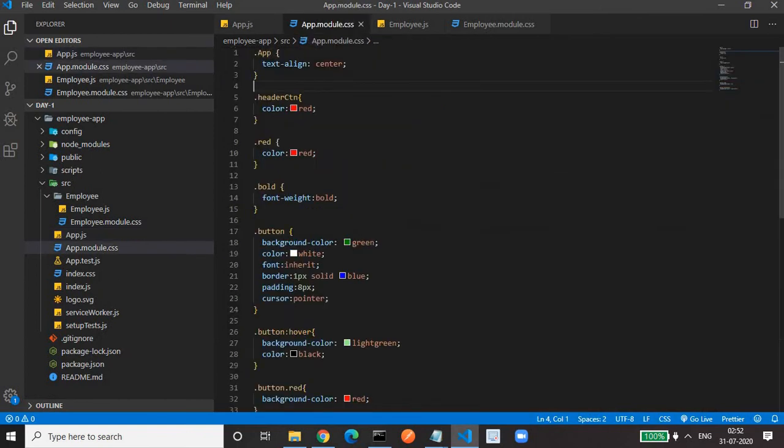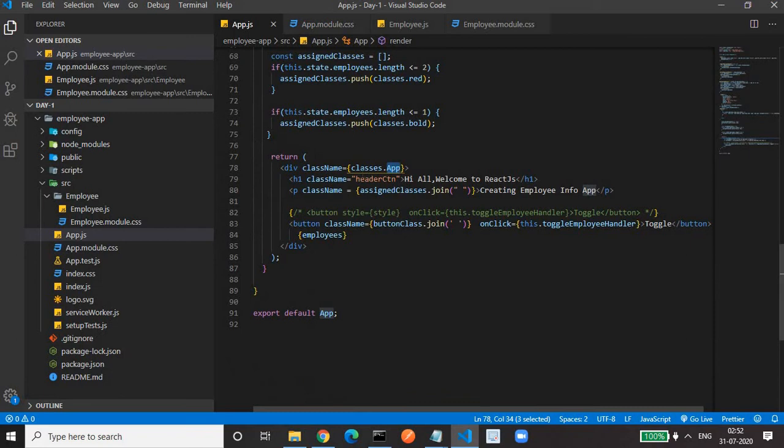This app corresponds to this class, and the value for this app property will be some uniquely generated class name. That unique class name is generated during the build process by React. You don't have to worry about that.